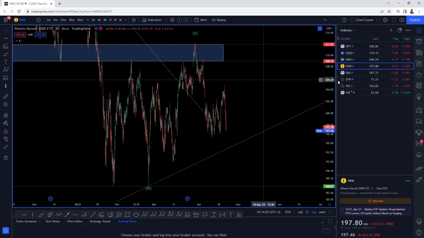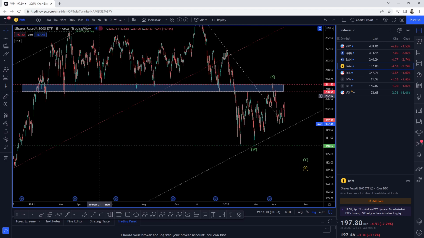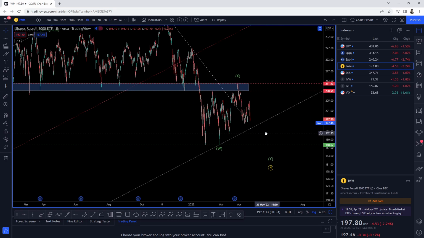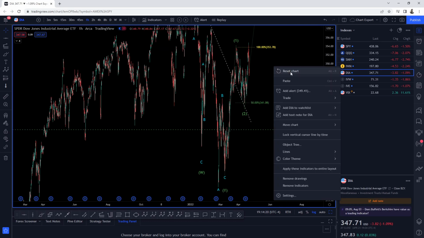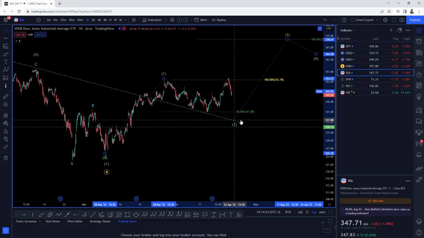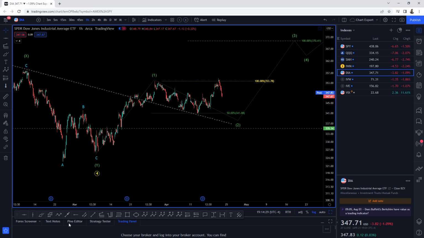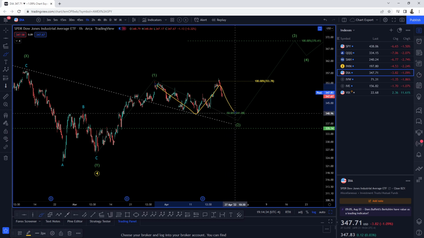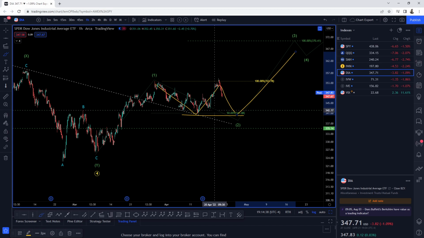IWM, just brutal. I mean, again, I've been saying this for a very, very long time. Until we break above this resistance area, I am not considering this to be anything but a correction of a W, X, and Y. The Dow, pretty disappointed today, guys, because the Dow was a chart that I was pretty excited about. But as I mentioned yesterday, there's still a possibility that we are in an ABC correction. So this is still the A wave, the B wave, and then down in C, maybe to support area, and then we are now going to head on higher.